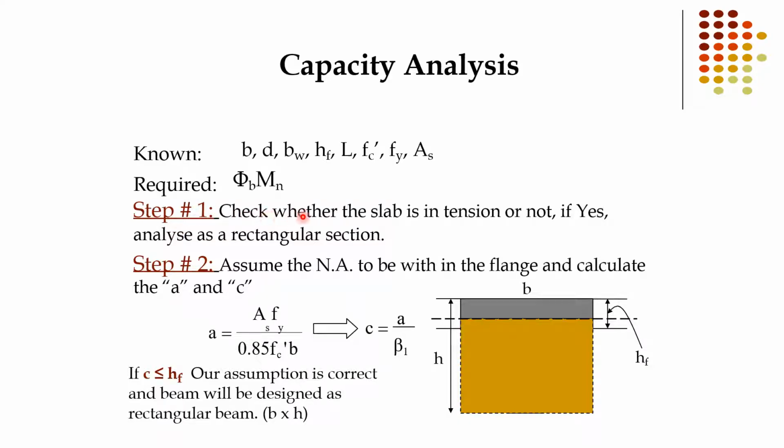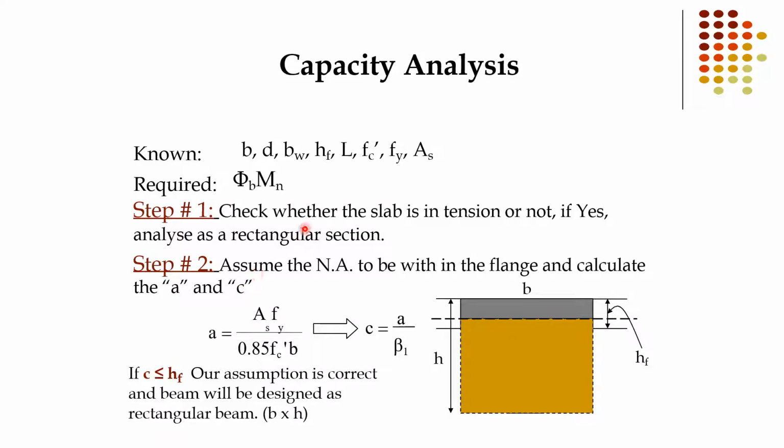Step 1. First of all, check whether the slab is in tension or not. If the slab is in tension, then we will design the beam as a rectangular section. That is the first case for the T and L beam. If our slab is in tension, then we will design it as a rectangular beam. And second step,